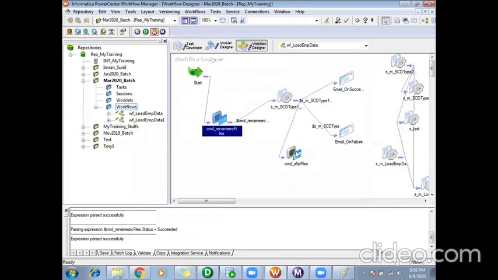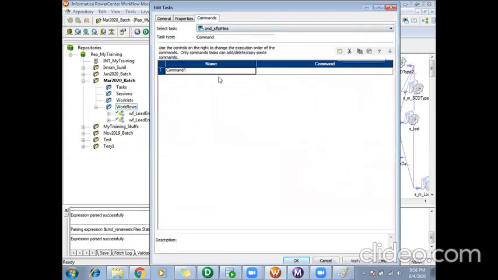I can enable this. At the end of the session, you might have one more command task, like to archive the target files. So you might be sending the target files to some downstream location to some other team through SFTP. You might be doing that in one command task, and in another command task you might be archiving, creating a copy of that target file in some archive location so that it can be used in future if someone asks for it. So for that you will be writing all the Unix stuff in your command task.